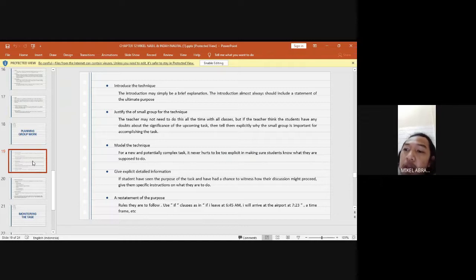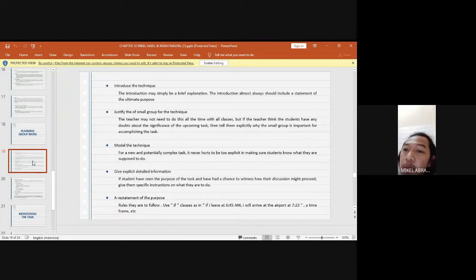Remind them that they will get an opportunity to practice certain language forms or functions, and that if they are reluctant to speak up in front of the whole class, now is the chance to do so in the security of small groups. Third is model the technique.